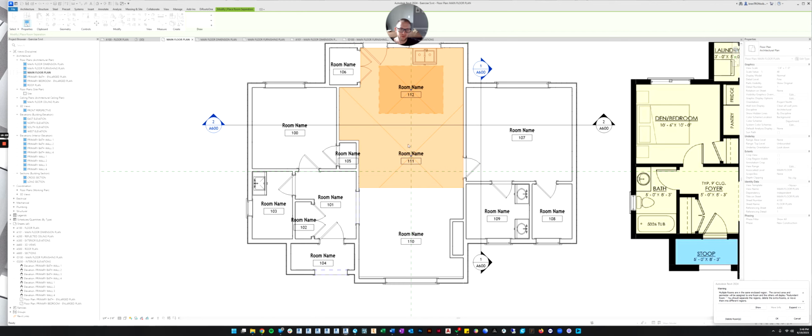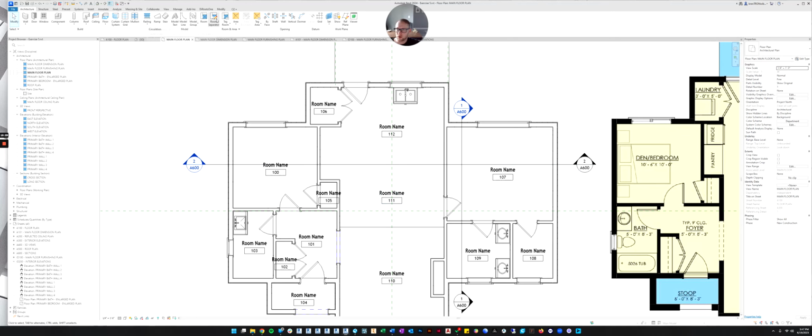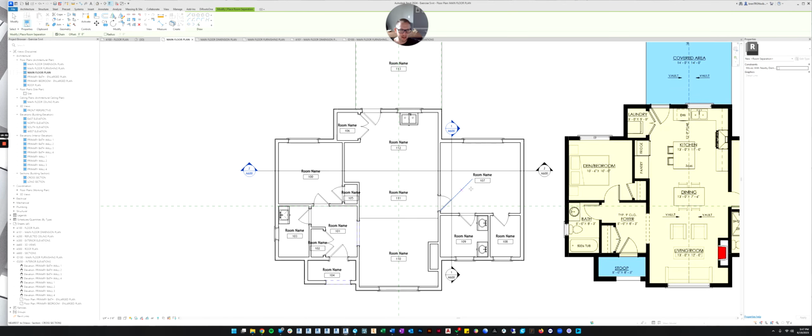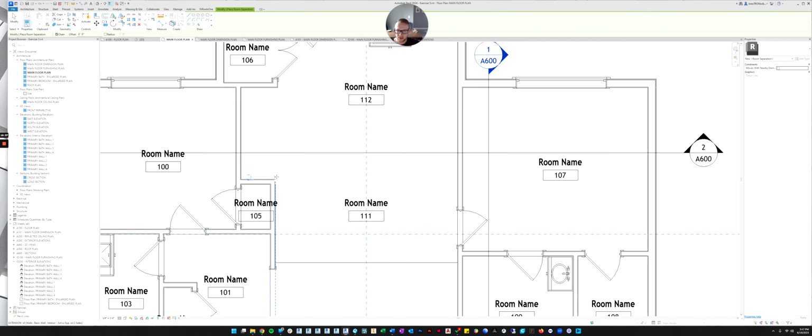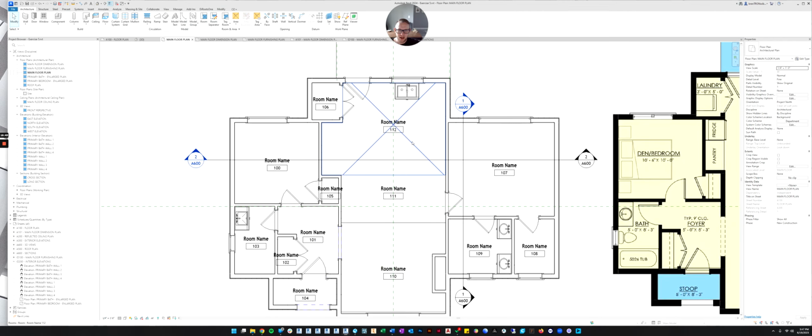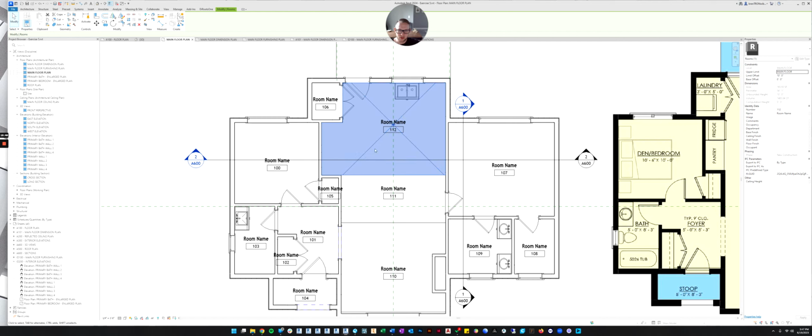You separated this room from that room, but you still have two rooms that are together. We know that, so we'll click OK. And then we'll go back to the room separation line again. And let's pick where we want to separate the kitchen from the dining room. Let's maybe just do this corner all the way across like this. And there you go. So now when I click this room, you can see it only fills in this area.